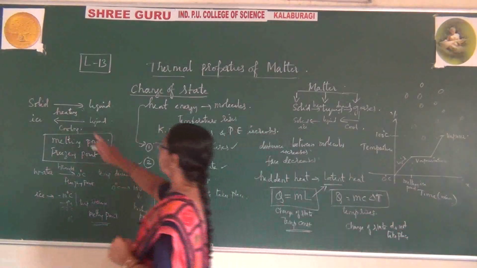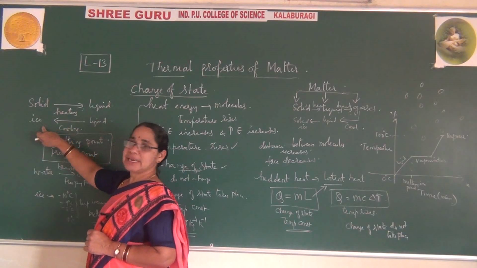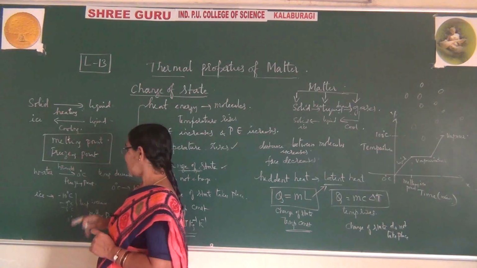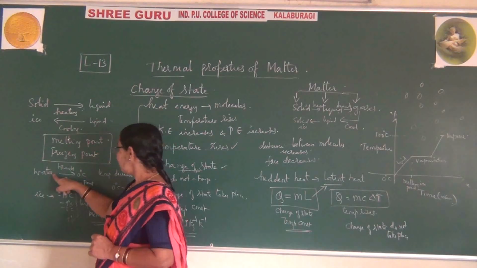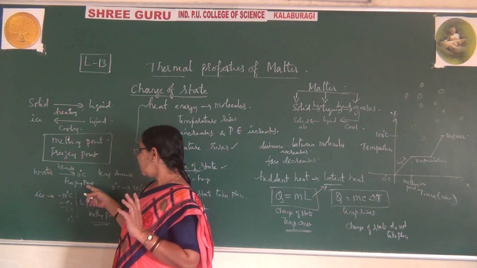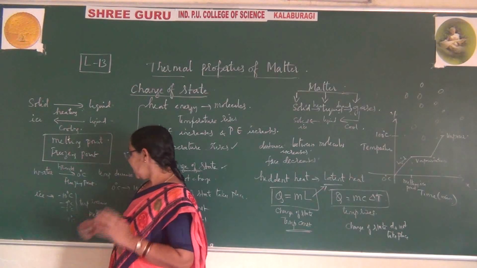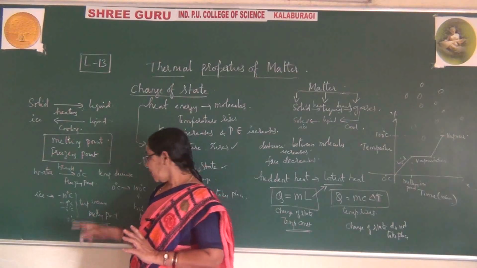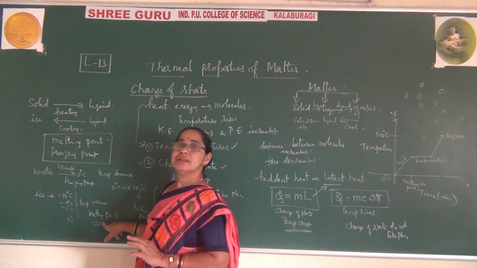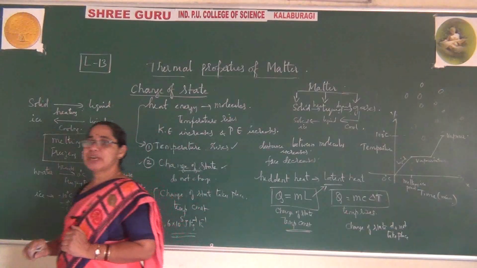And this I said, if solid is heated, it becomes liquid. Again if you cool this liquid, it becomes ice. For these two things we explain the concepts of melting point and freezing point. If water is brought to 0 degrees centigrade, I am removing heat from it, so naturally it freezes. We call that the freezing point. When ice is there and you increase the temperature, it changes to liquid, and that point is called the melting point. So these are the processes you can observe.